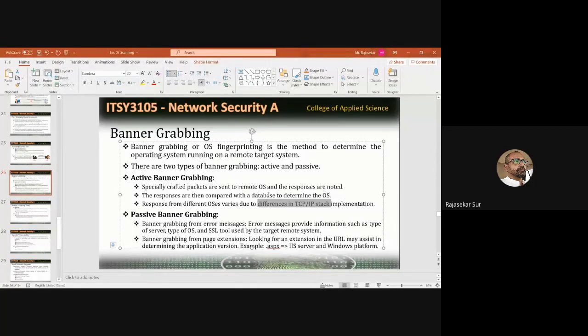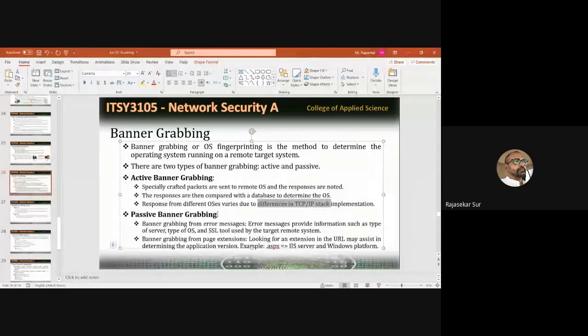The second method is the passive banner grabbing method. What does passive grabbing mean? You are not going to send any packets, but instead you can use some tools, or you can just go to the particular machine or particular website. You can use some basic information like the SSL certificate.